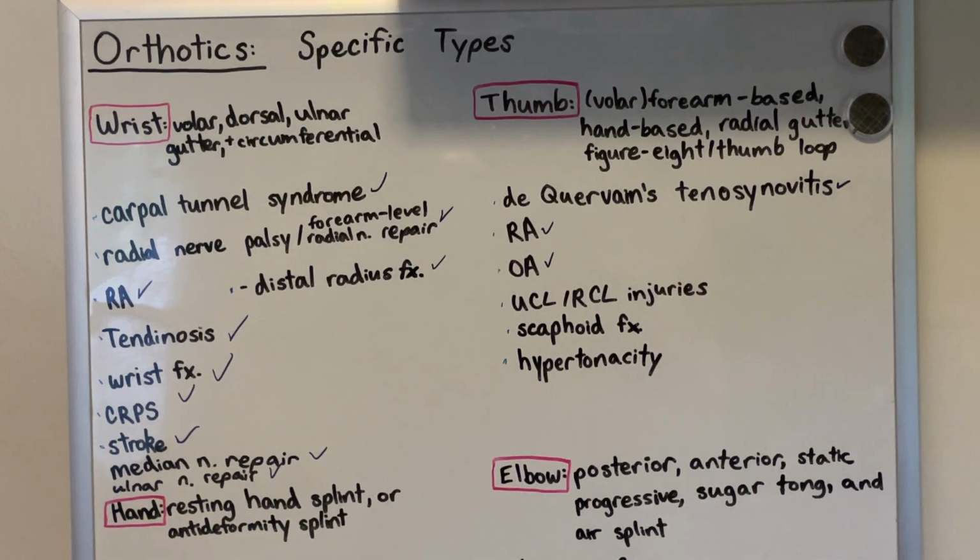But a figure 8 orthosis, whether it is for the PIP joint in swan neck deformity or boutonniere deformity, or a figure 8 orthosis for a UCL or RCL injury, is to provide stability to the, I think it specifically said stability to the IP joint. However, I feel like it would also help support the MCP joint because the nature of an ulnar or radial collateral ligament injury is to